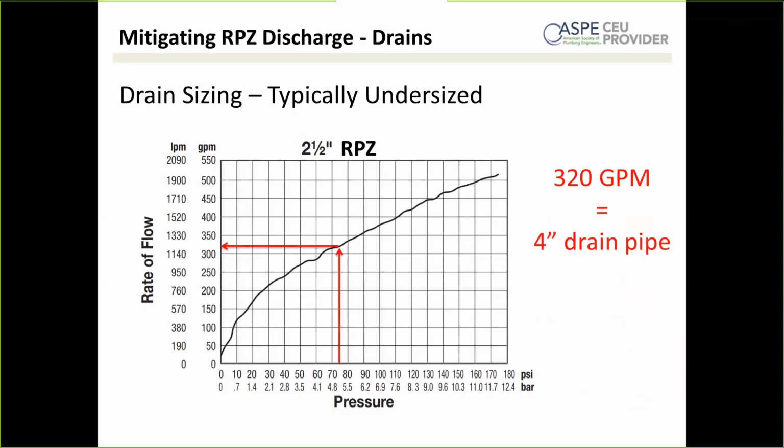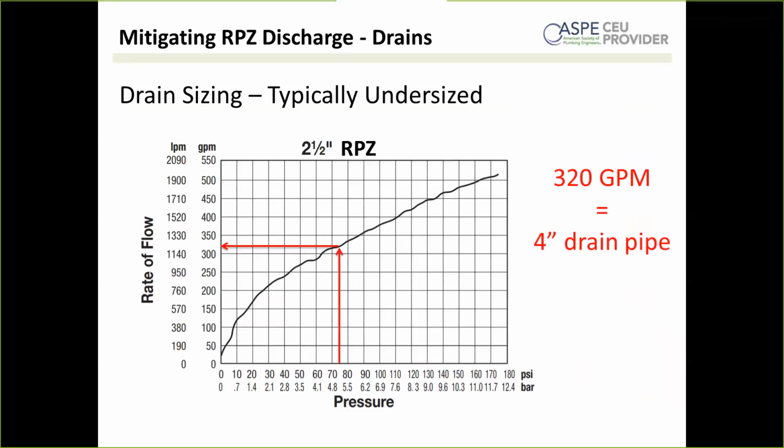I very rarely see a drain in a mechanical room with an RPZ backflow preventer that is capable of handling full catastrophic discharge. In fact, there are some municipalities, such as New York City, which require their design engineers to take a full 8 hours of RPZ discharge into account when they design that mechanical room. So not only do they have drains, they often supplement them with one or more sump pumps. For a large 8-inch, 10-inch RPZ, it can be multiple large sump pumps. So that's what's actually required to deal with the potential of